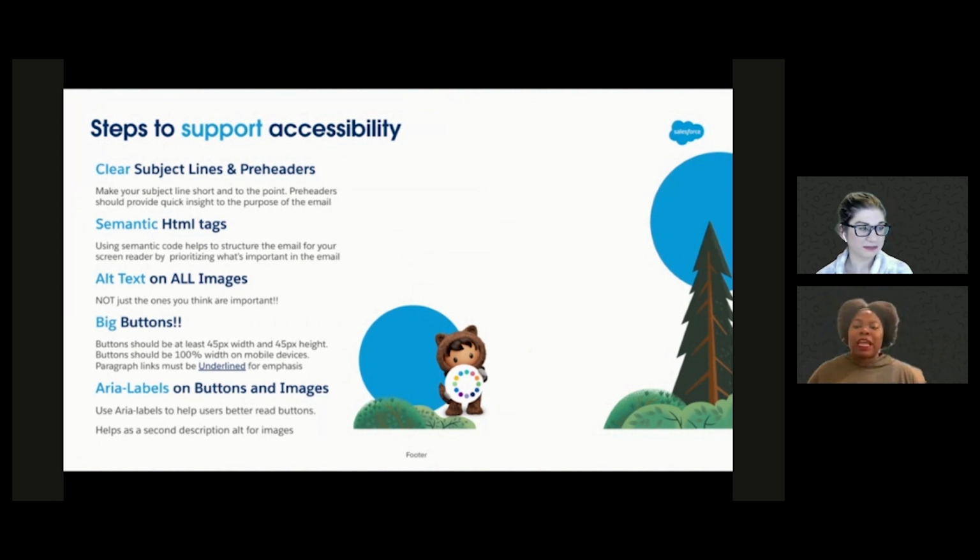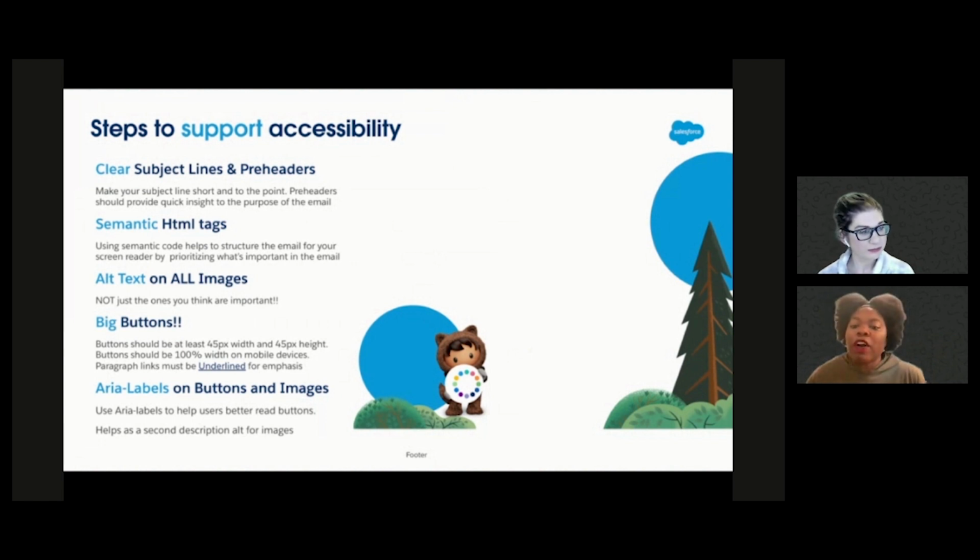And last but not least, with paragraphs, if you're going to have a link inside of a paragraph, you must underline it because nobody can tell that that's actually a link. Underline it, maybe bold it if you need to. I mean, I wouldn't necessarily bold it in a paragraph. That's something I wouldn't do, but I would definitely underline it and change the color of the word so that they know that this is in fact a link.